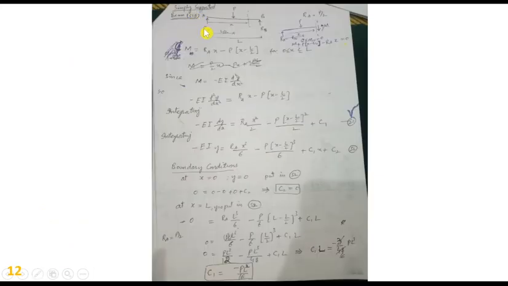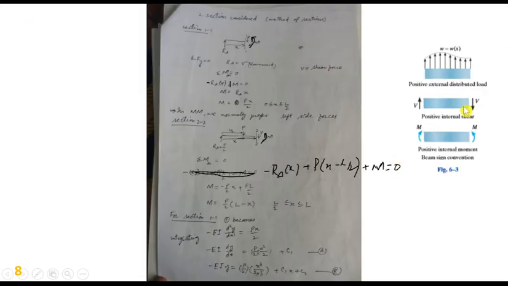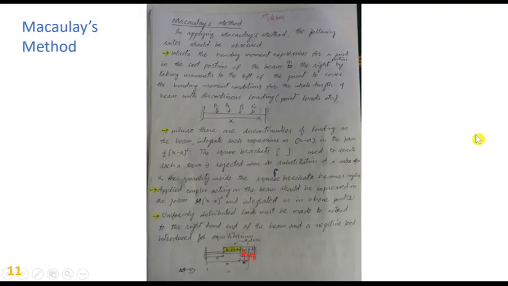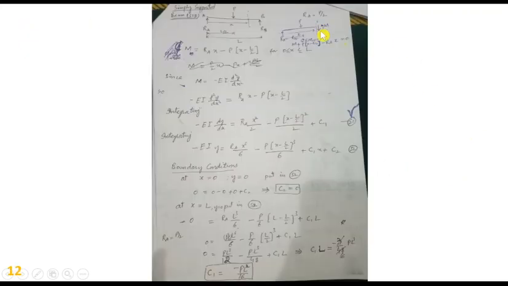So for a simply supported beam, again we consider the beam reactions we have found, and it is symmetrical, P by 2 here. We take a section at the most right side, section 1, and take all the things that are at the left side. At this section, according to sign convention, V is positive and M is positive, so we are taking this V as positive and M also positive.